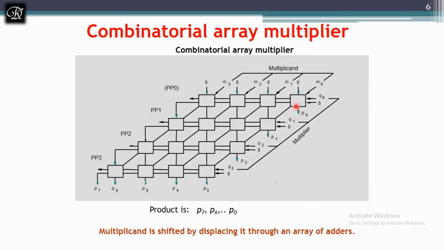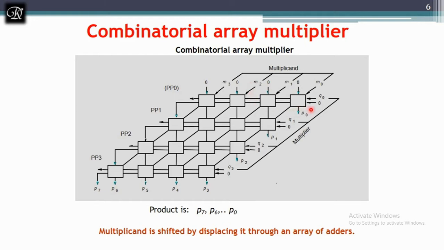So this is the combinational array multiplier. You can notice here each cell, which I have discussed already in the previous slide, is a combination of a full adder and an AND gate, and in each cell we are going to get each stage like m0 and q0, m1 and q0, all these as we have seen in the previous discussion.